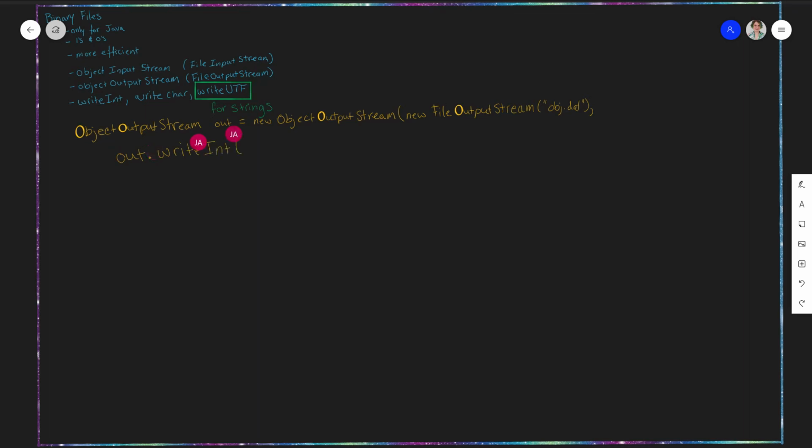All right, let's say we wanted to write the number 5 for whatever reason. That's going to convert the integer into its binary representation and write it to that file that we mentioned in the output stream. All right, if we wanted to do a string, we would just do out dot